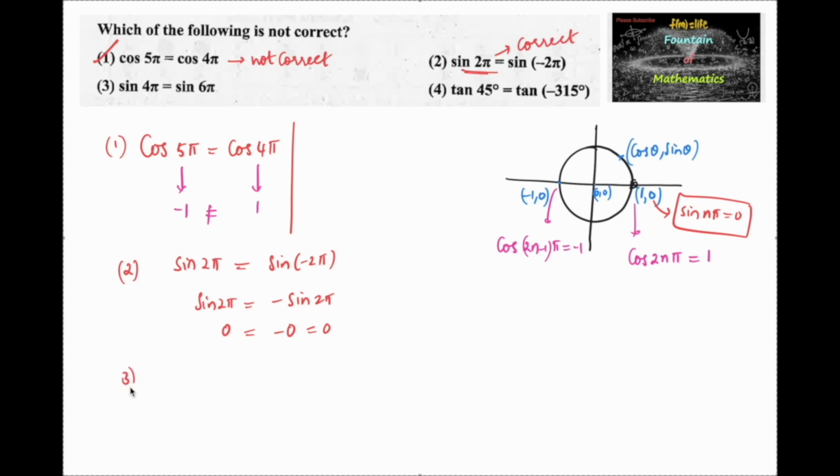And coming to the third option, sin 4 pi is equal to sin 6 pi. So any multiple of pi, sine value is 0. So 0 is equal to 0. So this is also true. And last, the fourth option,